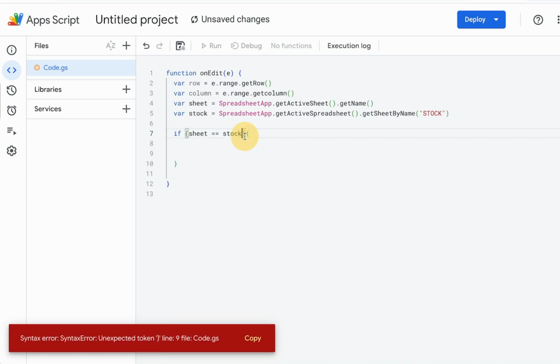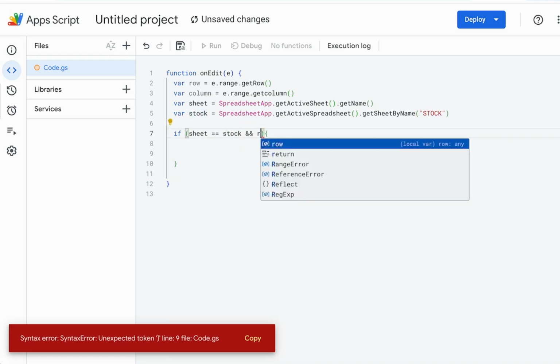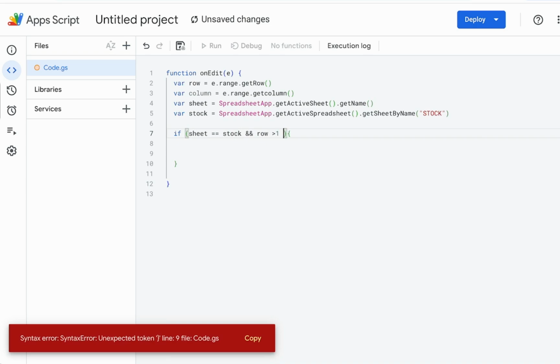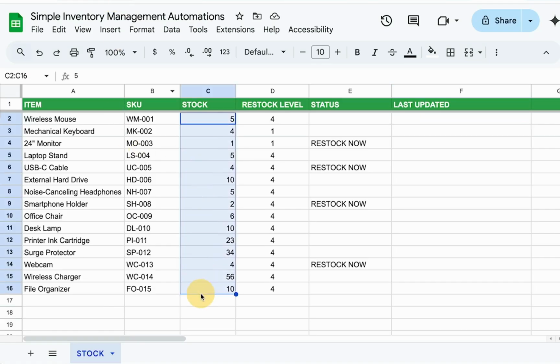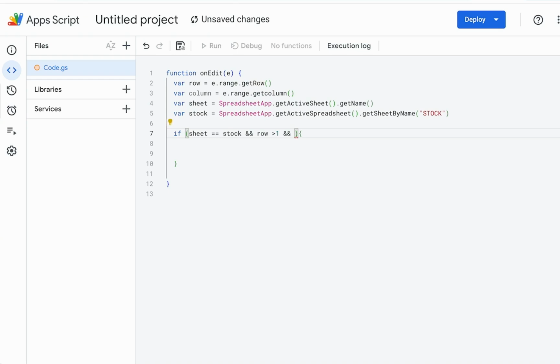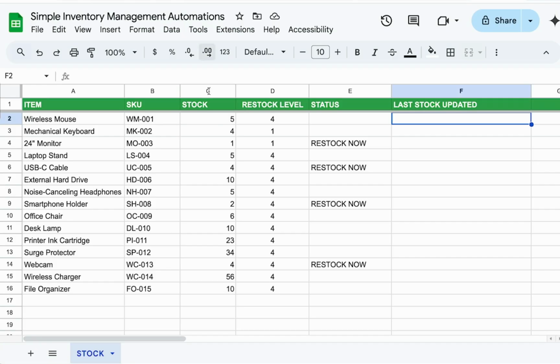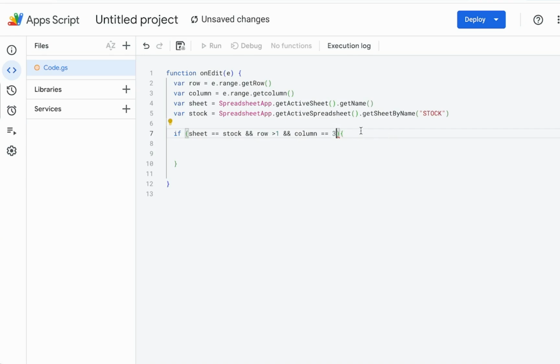And we also need to make sure that its row is greater than 1, so it's not the header row. And let's say we only want stock updated. So if you update the SKU or you update the item name or something else, we don't want to say that's updated. So last stock update. 2 ampersands and column is equal to 3, because that's the stock column, 3C. Okay, if all those are true, what do we want to do? Well, we want to do